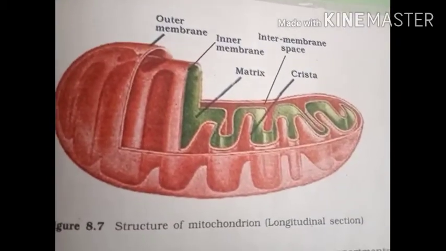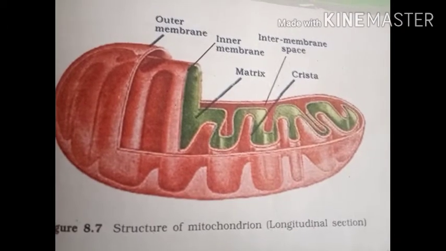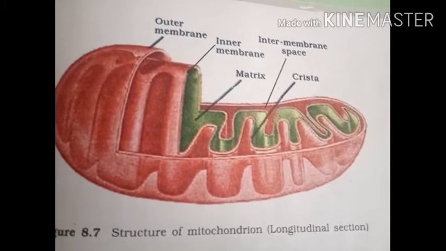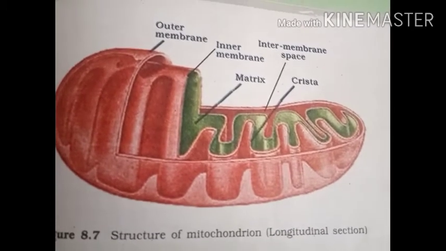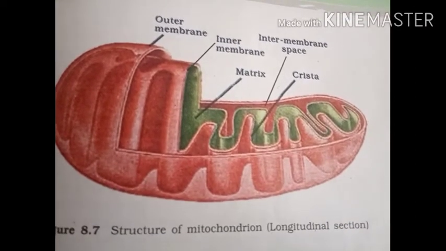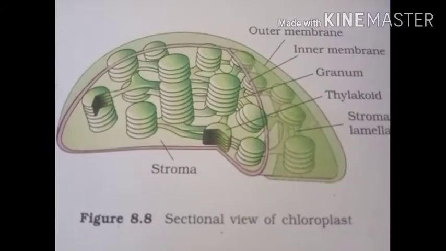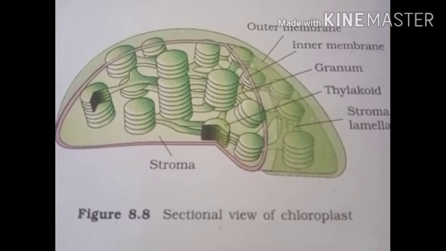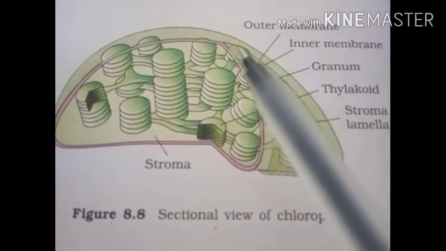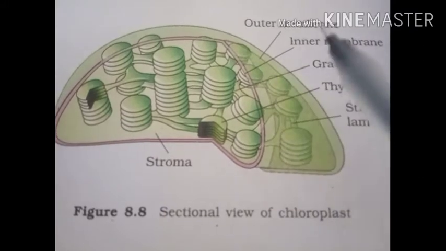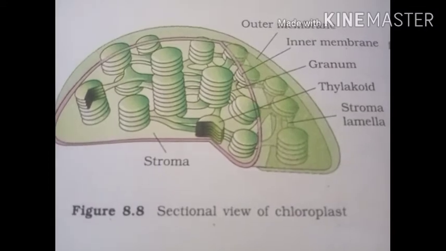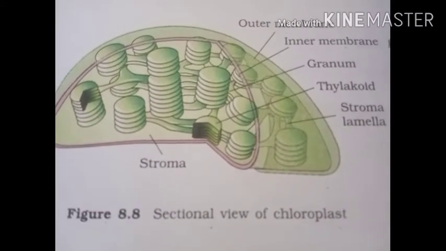We have discussed the structure of the mitochondria as well as the chloroplast in the previous lesson. There we discussed that both are double membrane structures and they are semi-autonomous organelles. So we have discussed before that the chloroplast is a membranous system. It is a double membrane structure, with an outer membrane and an inner membrane. In between the two membranes, it has the intermembranous space, and it consists of the grana.